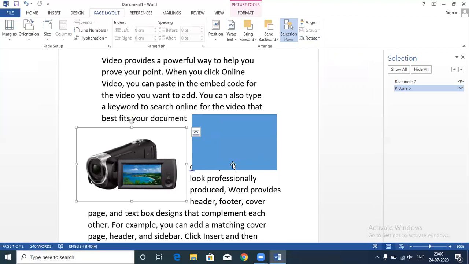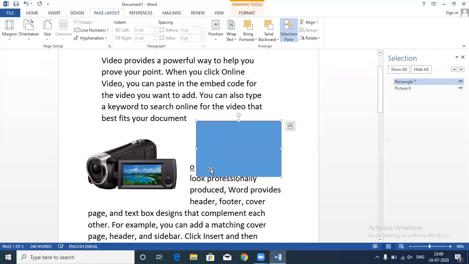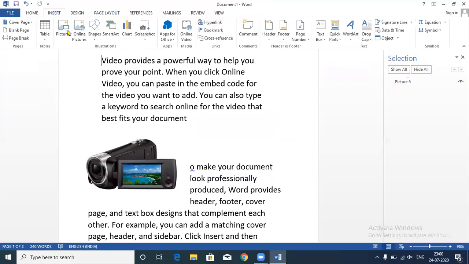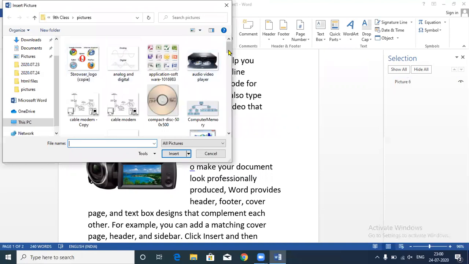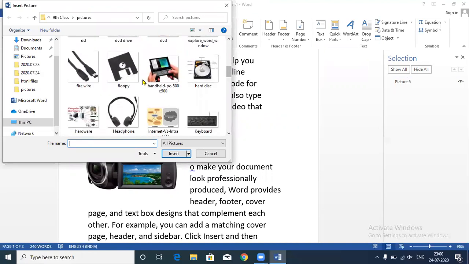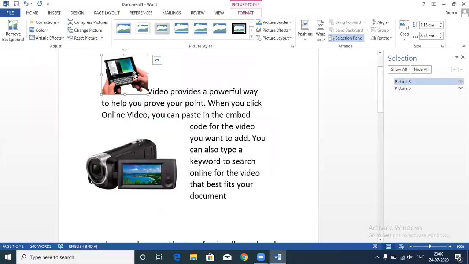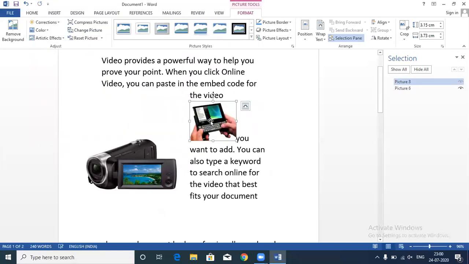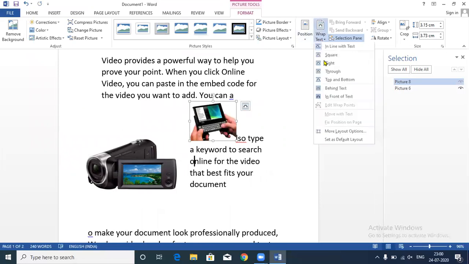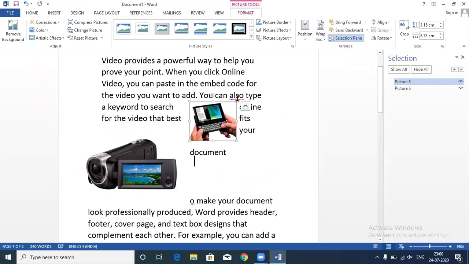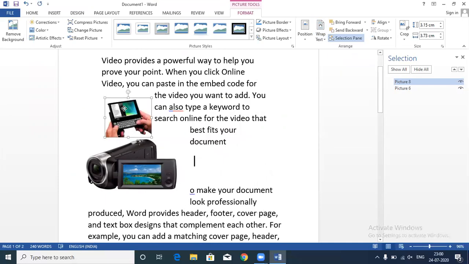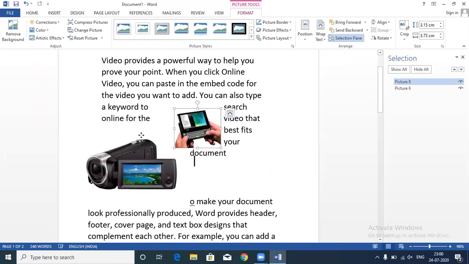For example, now you want to merge these two things into a single picture. Let me add one more picture into my document so that I can merge them. For example, I have this picture on this page. First of all, your picture by default comes in with the option In Line with Text. To free your picture, you can select any of the other present options. Now you can move your picture anywhere.